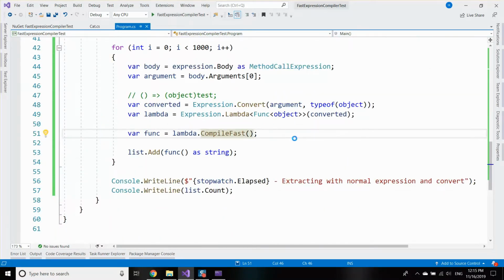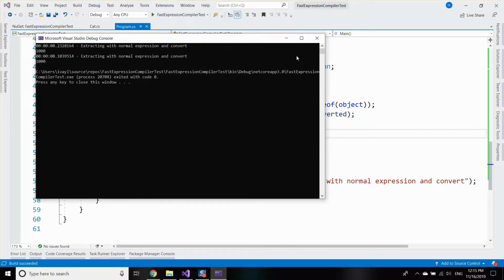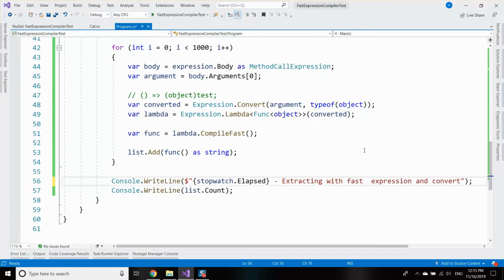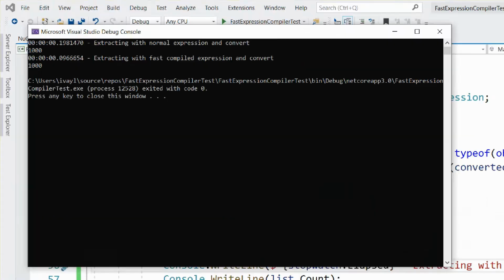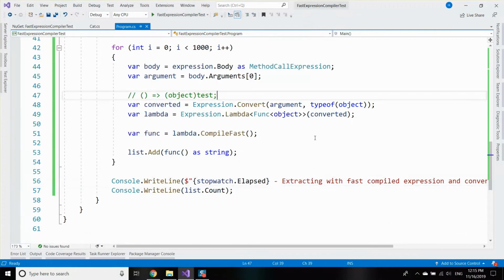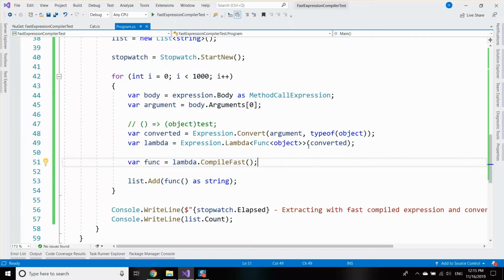Okay, so there's quite an improvement actually with extracting with fast compiled expression. So I have quite an improvement, 200% improvement in using the CompileFast. Let's see how fast it will be by using the reflection way to extract the variable,